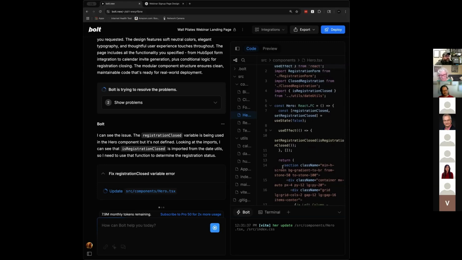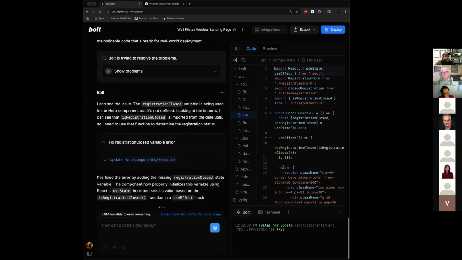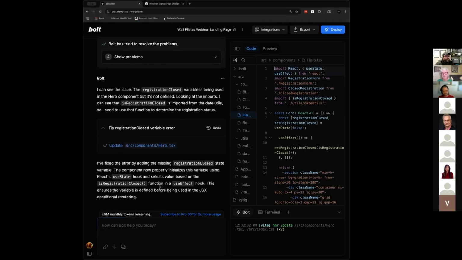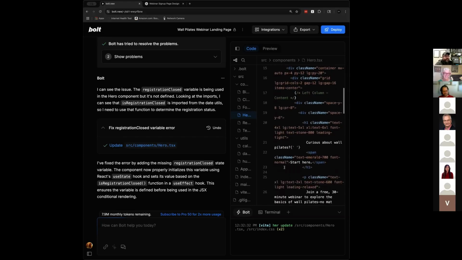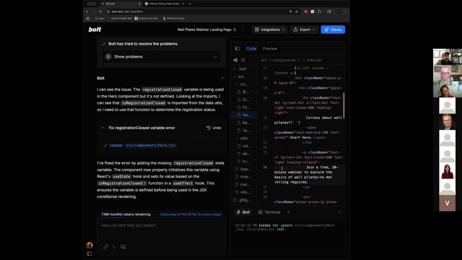I will say, and I'll tell that story later, I ran into an issue, and I'll tell that story because I think it's an important story on what happens when we hit some dead ends with the fixes. Whenever I have trouble, I get into an issue here. A lot of the tools have two modes. They have a discussion mode, and then another mode where it's actually building. And so what I'll do when I get into trouble is go to the discussion mode and